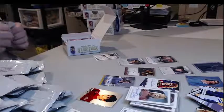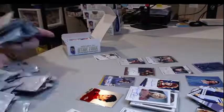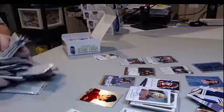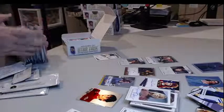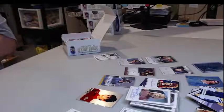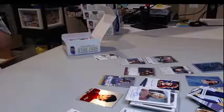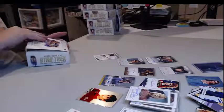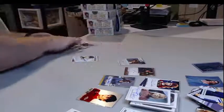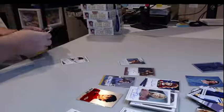Well, we just got our Esri Dax. We got a Michelle Yeoh, we got a Nichelle Nichols, Charles Hall sketch. Alright, so quick recap here. There's a whole lot. 10 different autograph designs. Kick it off with a Charles Hall sketch of Troy. I'm not going to go through all the different designs, but we got our Nicole DeBear, I don't know how you say her last name, Ada Maris,